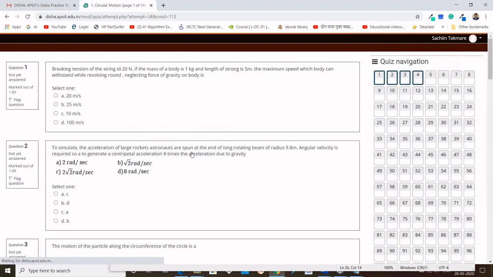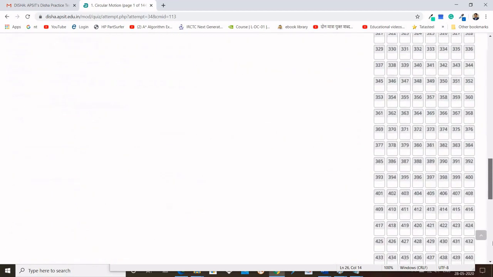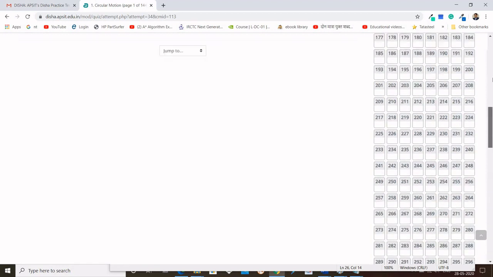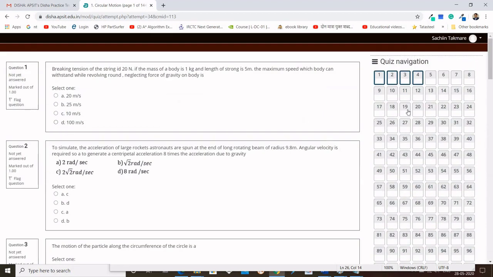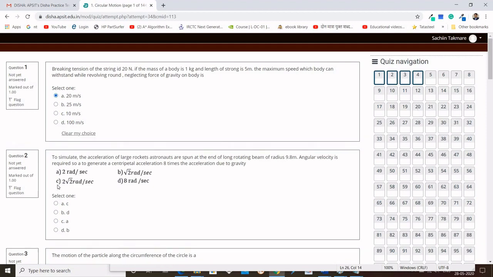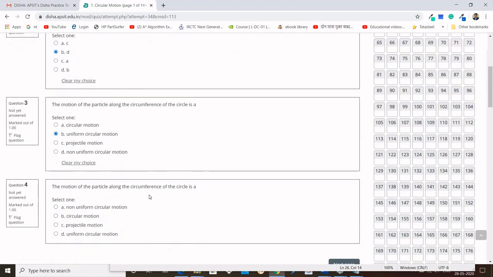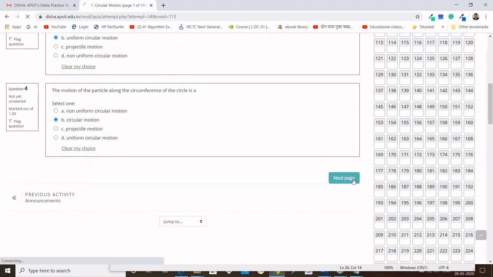In this circular motion chapter of physics subject there are 574 questions available. This is the quiz, and suppose I want to attempt only 20 questions of this quiz, I can directly attempt. Here you get 4 questions on a single page.